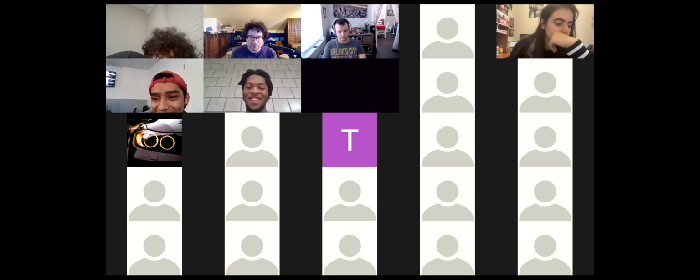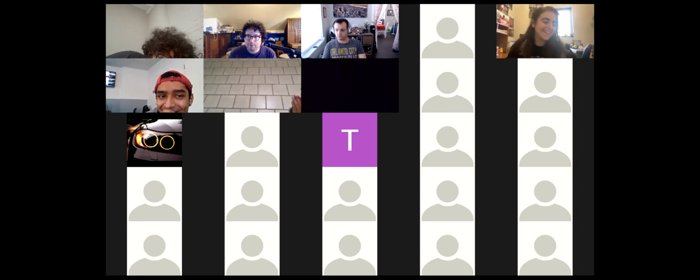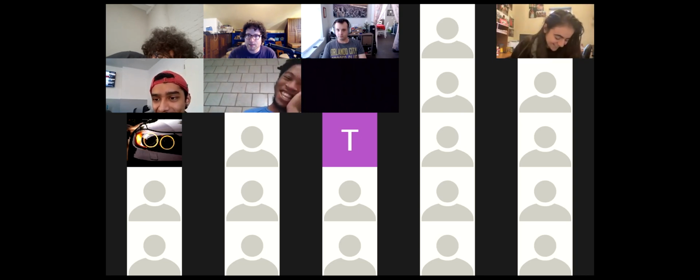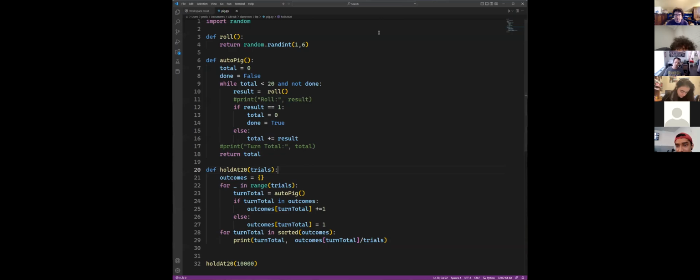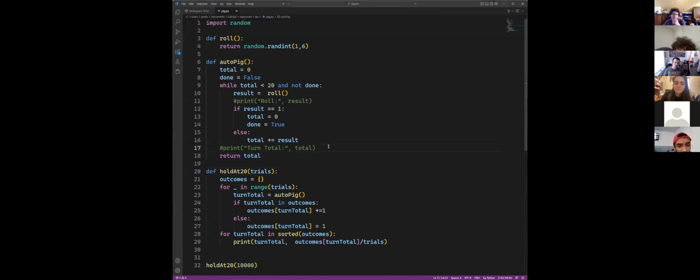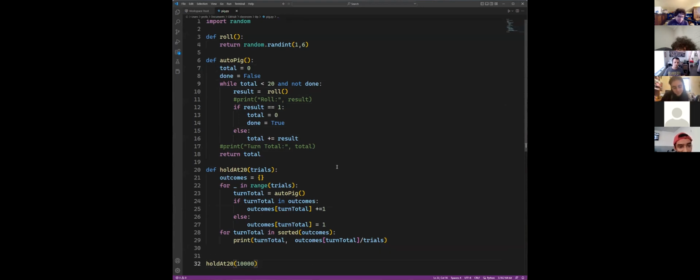Let me open up VS Code and here is pig.py that we had. Right, this is the code we had last time, I believe. This is the code I downloaded from our file. So we have this auto pig here, and we have this hold at 20, which if I run it,